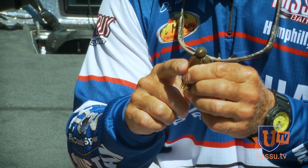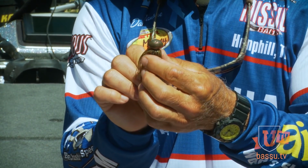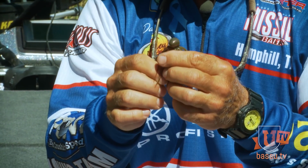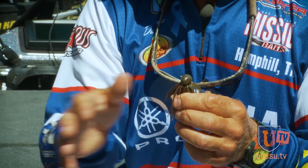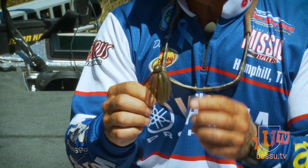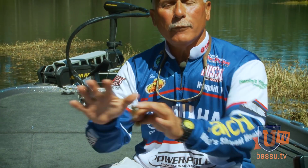The reason I used it is because I was fishing rocks. And the football head has such a design that it won't dig into the rocks. You're more likely to be able to use this jig over top of the rocks and around the rocks without getting hung up than any other style. In that particular tournament, I was fishing a lot of heavy current, and it was important for me to